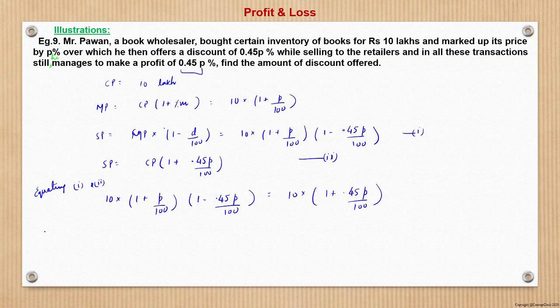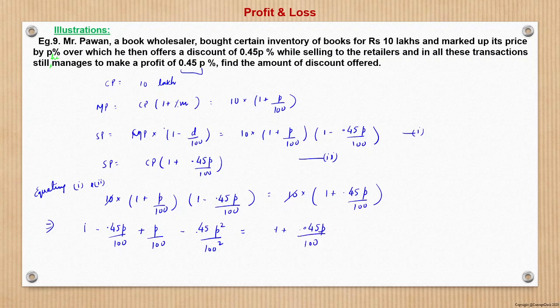We will expand this. 10 gets cancelled out. So here it is 1 minus 0.45P upon 100 plus P upon 100 minus 0.45P square upon 100 square is equal to 1 plus 0.45P